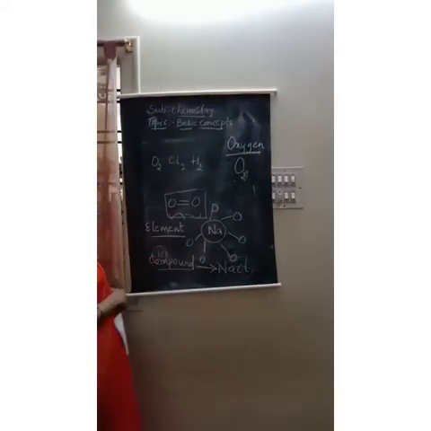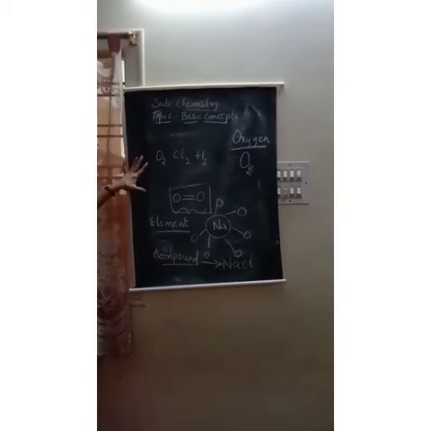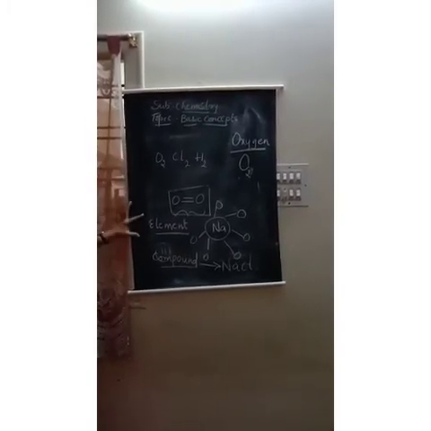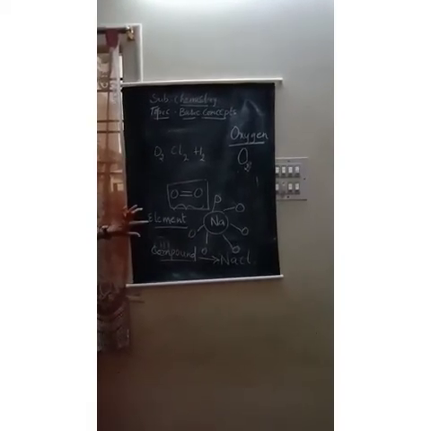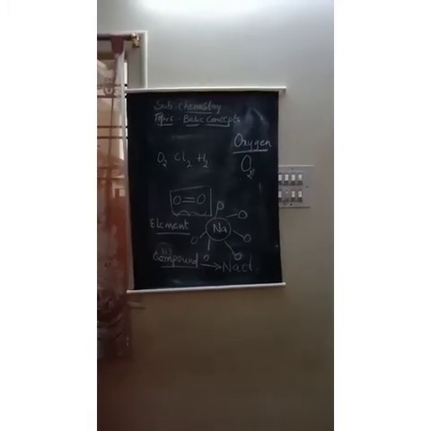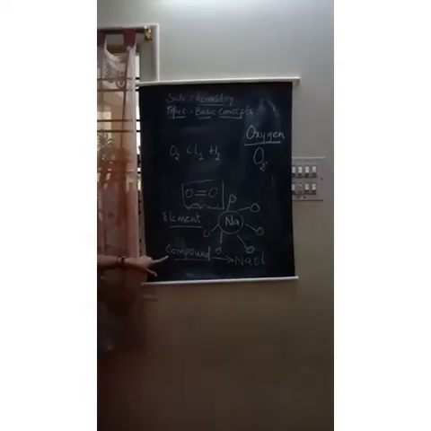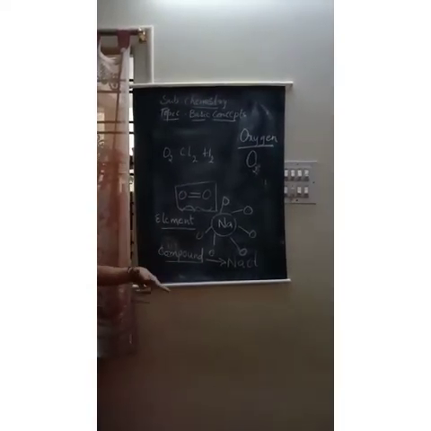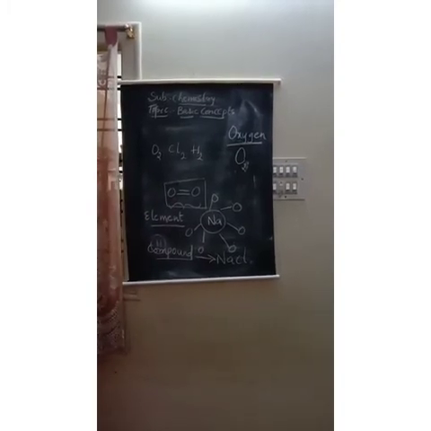Understand, children? So now understand the definition of matter. You understood? Atom, next one is molecule, element and compound. How can we represent the element? We can represent the elements by using a symbol. How can we represent a compound? We can represent the compound by using a formula. So what is symbol and what is formula?